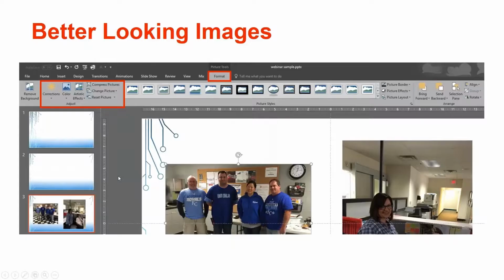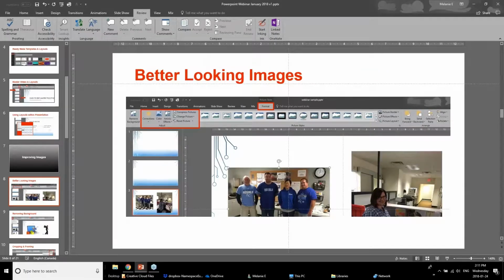Now, let's talk about improving images. Famously they say a picture is worth 1,000 words. I would challenge that in the sense that if the picture is not great, it is not worth 1,000 words. And I have seen this countless times in presentations where people recognize the fact that people like seeing images in their PowerPoint presentations, but either the photographs are not clear, they're too small, or there are too many